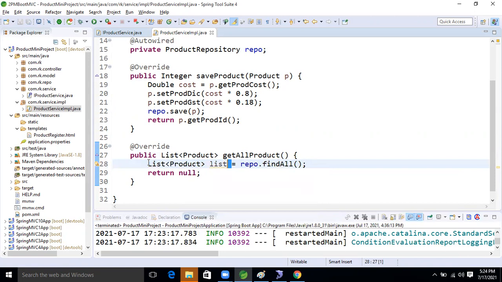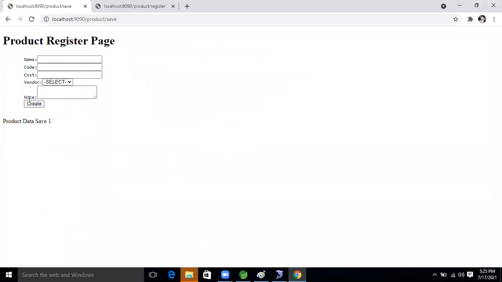Okay, so after that, what will we do now? Here we will return that list only. Okay, fine now, guys. So here, what I said now, we will give one link, right? Whenever our end user clicks on that link, what will happen now? The request will go to our UI, and it will fetch the record from the UI. Okay, so this is our operation now, guys.